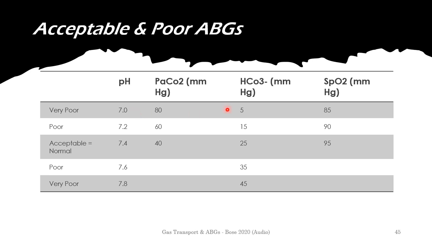Looking at PaCO2 right here, it is significantly high, that much higher than the normal range of 35 to 45. Hence, this is severe acidosis due to respiratory disorder. As you can compare, low pH, high acid from the PaCO2, therefore it is related, and that is a respiratory